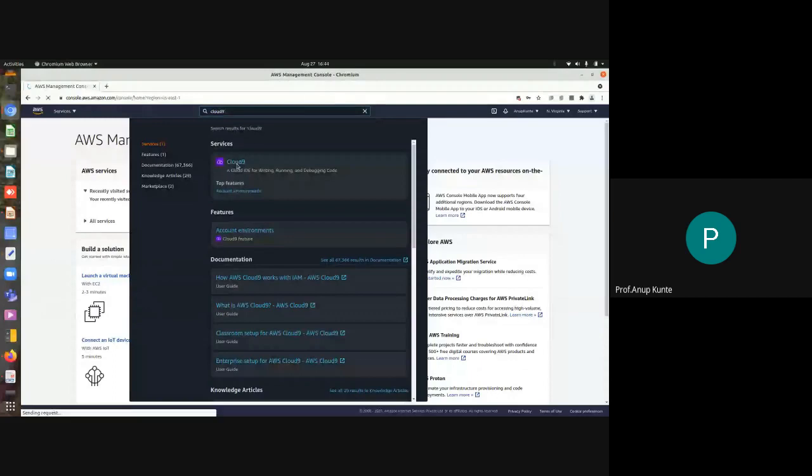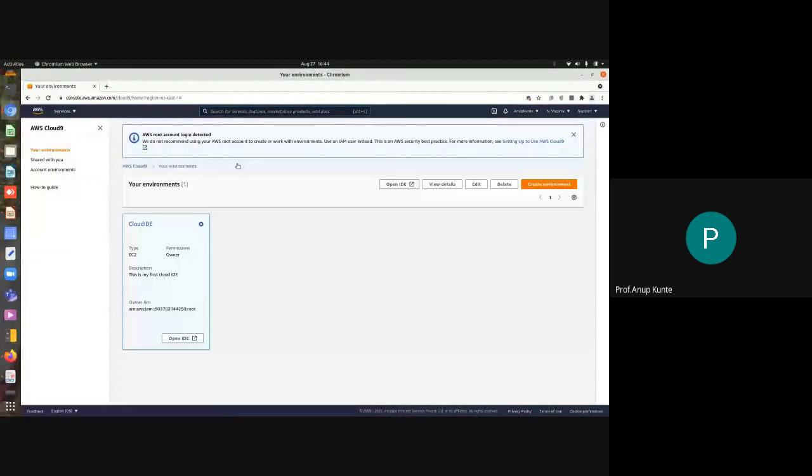Once I select a service from the console, I go and reach the service endpoint. So this is the service endpoint, console.aws.amazon.com/cloud9, and this is my home. Okay. You will find something written over here which reads like region US East 1. So Amazon Web Services hosts their resources and services at various locations over the world, and one of such locations is the US East Coast data center 1, and those locations you can find out here.